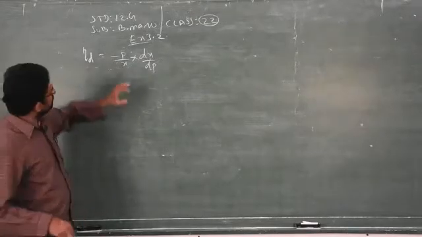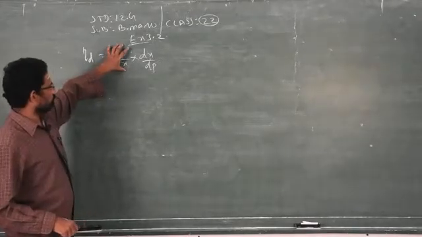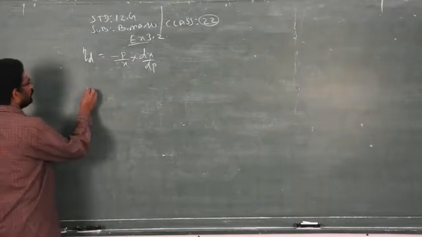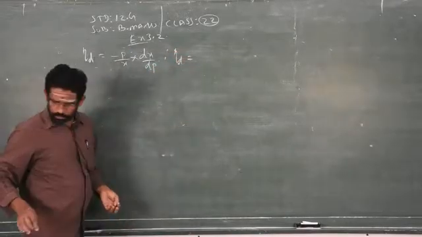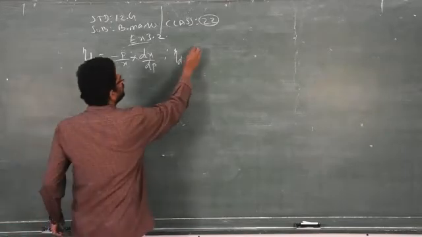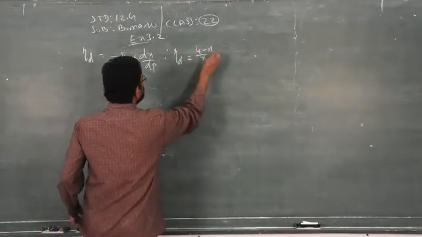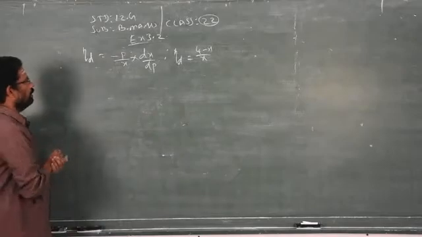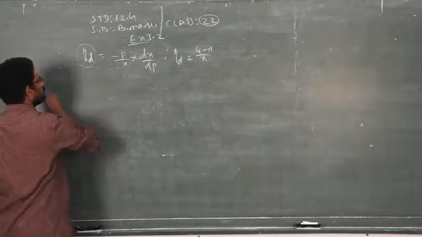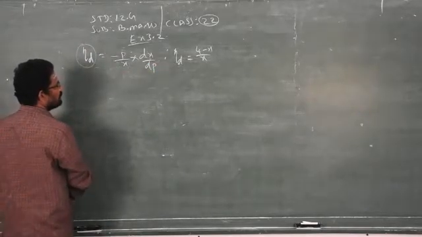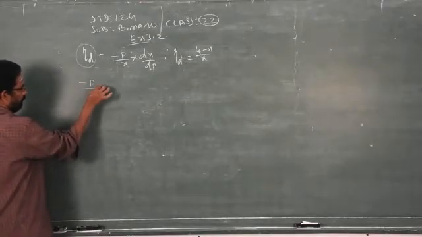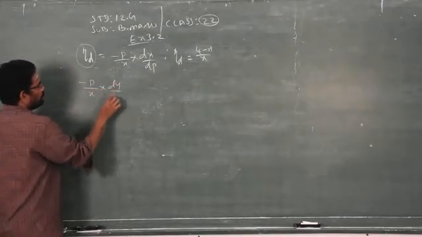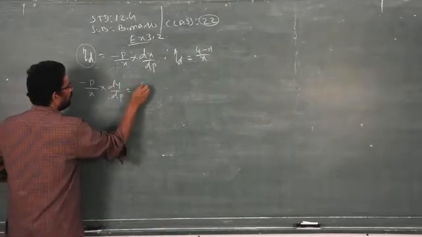Now the elasticity of demand is given. How much is given there? Elasticity of demand is given in the question, that is, elasticity of demand 4 minus x by x. It is given already in the question. So now I have to replace this eta d by 4 minus x by x. For which you have to write the formula first on the left side. Formula is equal to what is given.